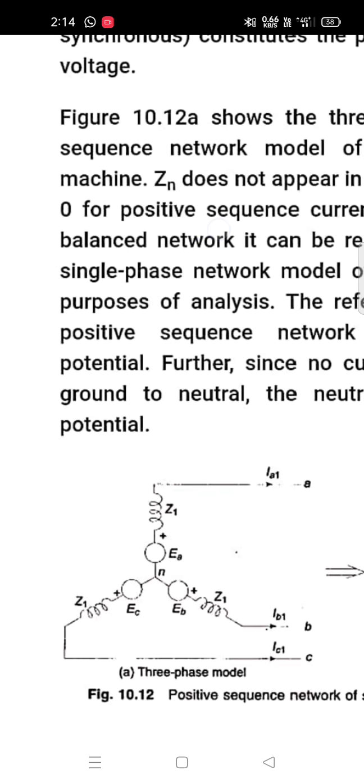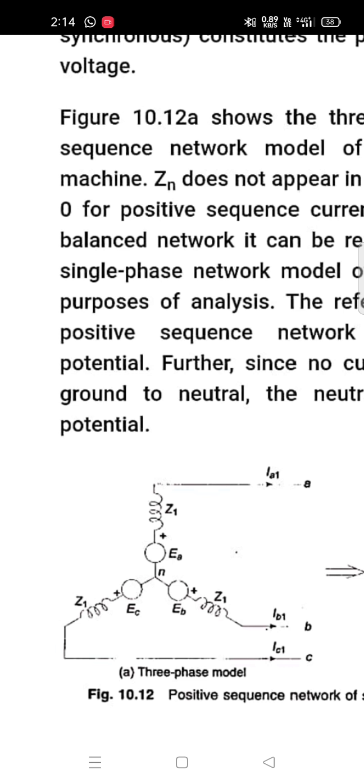If the machine short circuit takes place from unloaded condition, the terminal voltage constitutes the positive sequence voltage. Here we have Ia1, Ib1, Ic1 with EMF included. On the other hand, if the short circuit occurs from loaded condition, the voltage behind the appropriate reactance, which is subtransient, transient or synchronous, constitutes the positive sequence voltage.